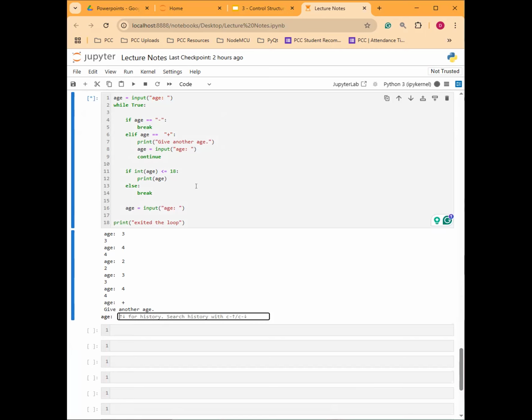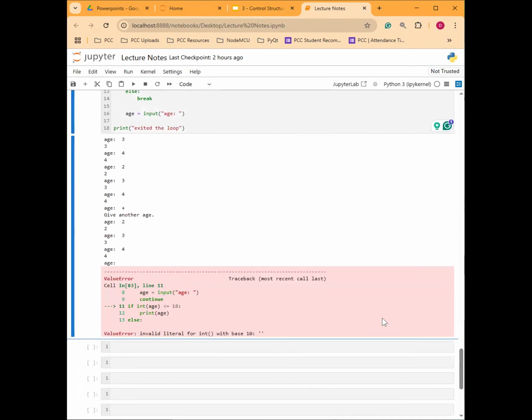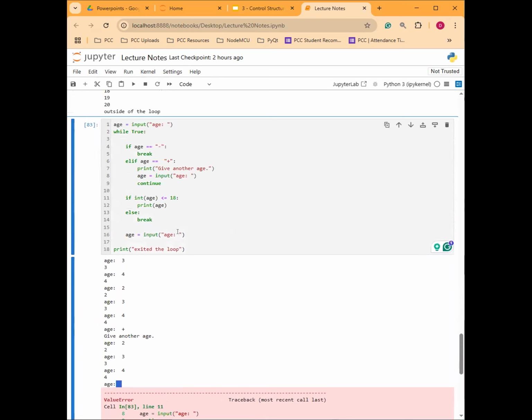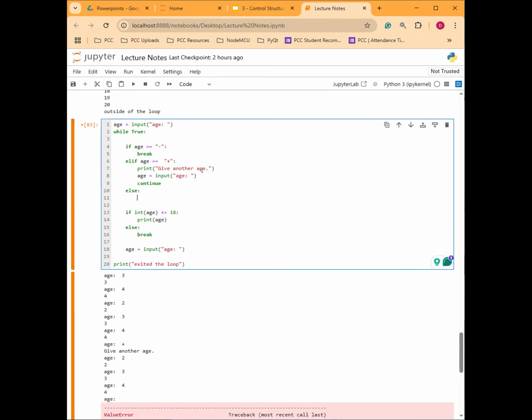If we can go back to the beginning, see, we can just continue as is. Now there's an error, okay? Invalid literal with base of 10 with the value of space because we entered what? A blank. So in order for us to actually take care of that one, we can what? Put an else here that is a certain catch-all, like if it's not a number, if it's not